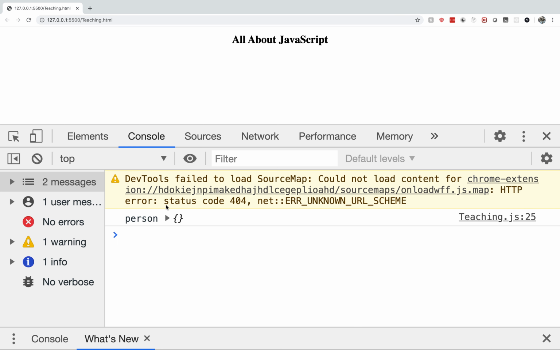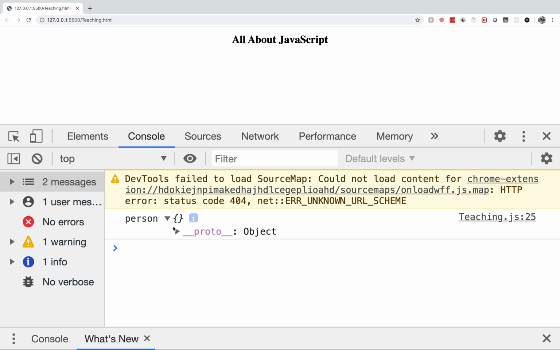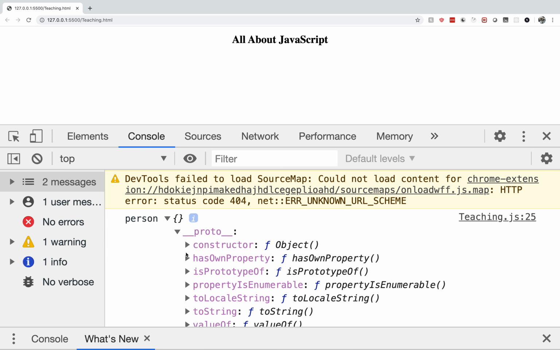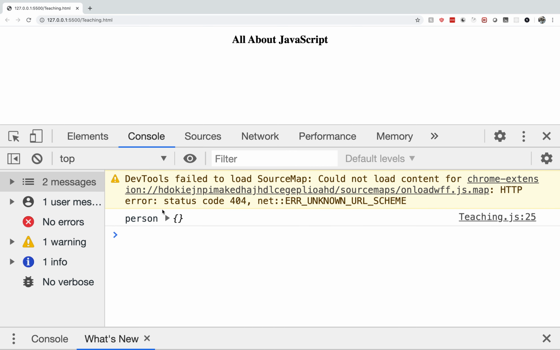So basically, every object has a prototype object, which you can call a secondary object. Whatever properties you define here, the first object can inherit. Let me give you an example.